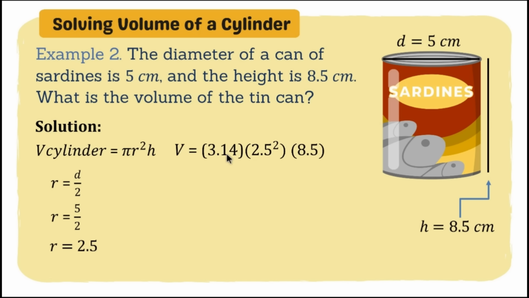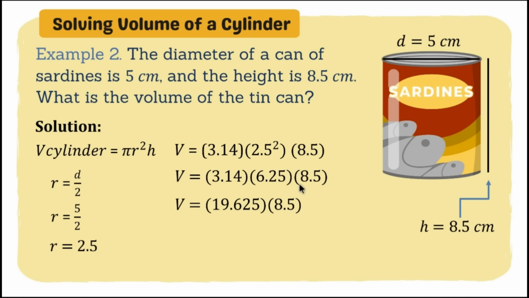Pwede na po. Okay, so pi natin is 3.14 pa rin in approximation. And we have here, radius is 2.5. Let's just get the square. And then we have the height which is 8.5. So, unahin muna natin yung merong exponent. So, we have 2.5 times itself or 2.5 times 2.5, you will get 6.25. Okay, pwedeng unahin mo itong dalawa or itong dalawa. So, it's up to you. Pwedeng 3.14 times 6.25 muna. Ang sagot natin ay